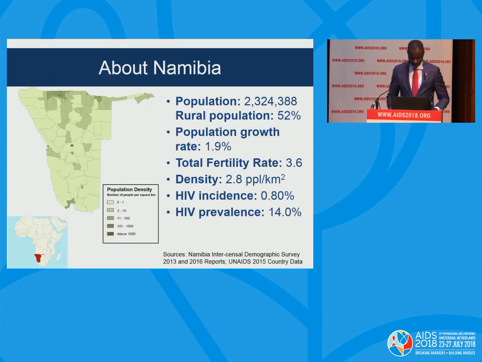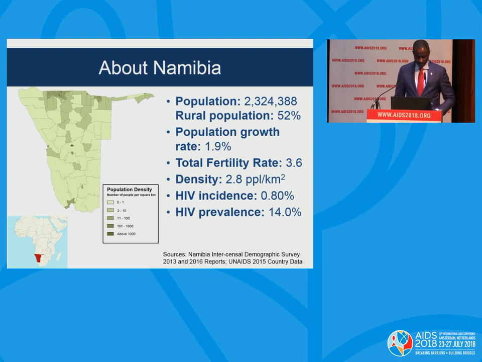Namibia is a large country, as you can see on the slide there. And just for your orientation, I hope we have it. If you look down there, that's where we're located on the continent of Africa. Very small population of less than 3 million, but with relatively high incidence and prevalence of HIV, as informed by the UNAIDS 2012 data, as you can see.